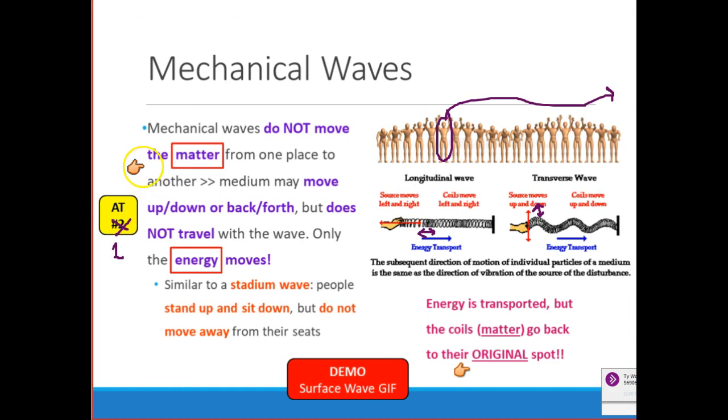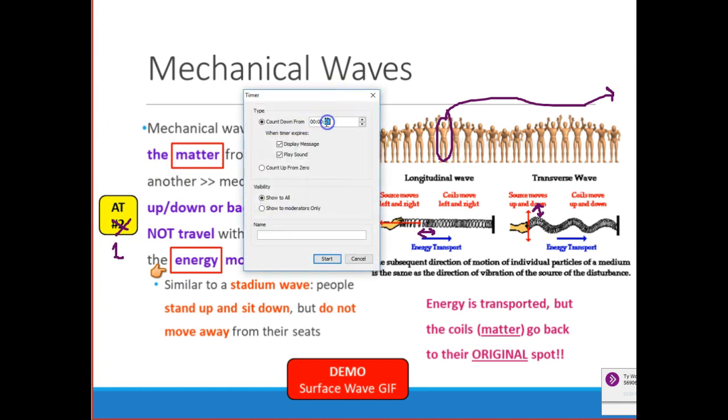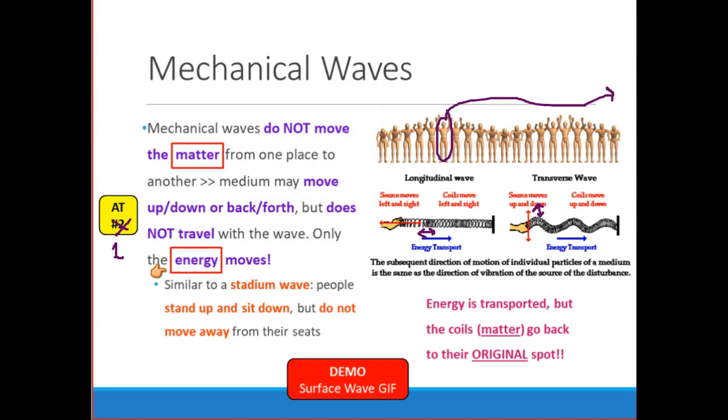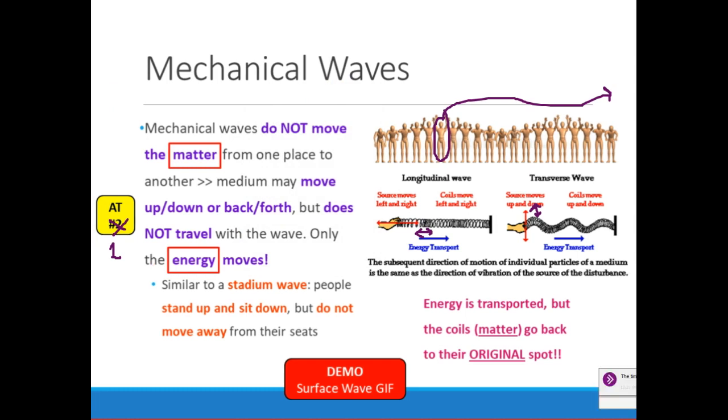All right, guys, this is number 1 in your ticket. Go ahead, give me a green check when you have it saved. Matter is the first blank and energy is the second blank. I'm going to go ahead and give you 40 seconds. When you have that done, give me a green check, please. All right, waiting on a green check from Andrew, Annalise, Sienna, Ciara, Haley, Jacob, Johnny, and Ty.